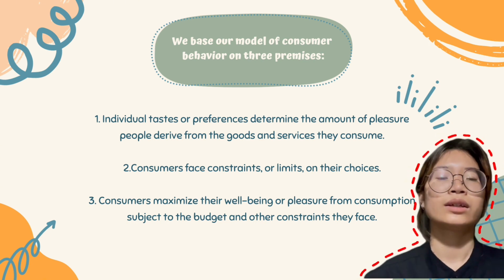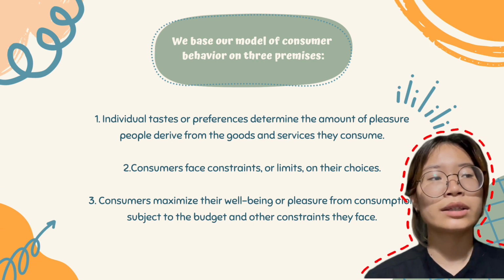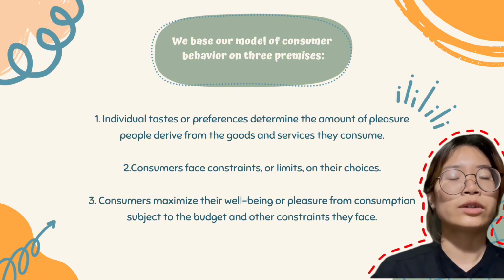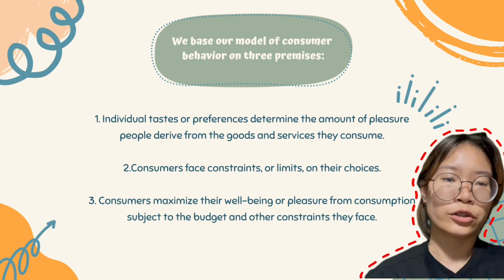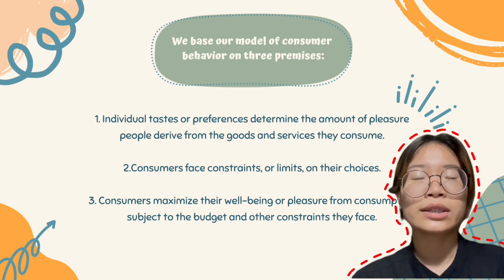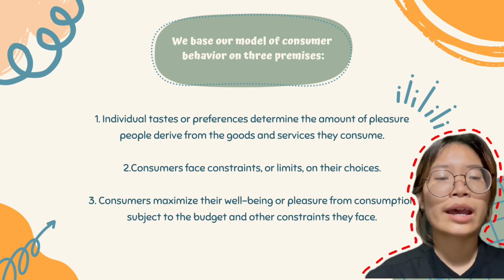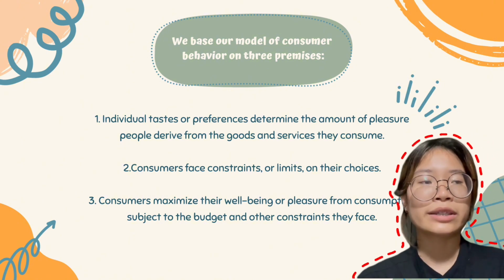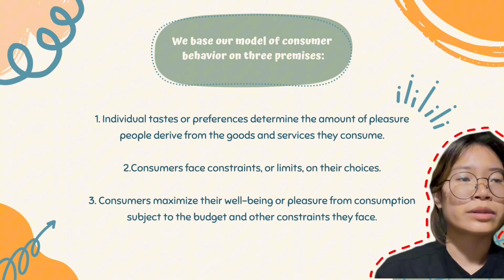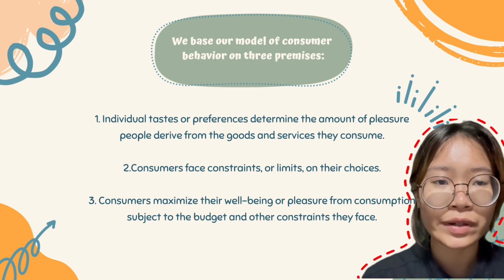premises. The first one, individual taste or preference determines the amount of pleasure people derive from the goods and services they consume. The second one, consumers face constraints or limits on their choices. And the last one, consumers maximize their well-being or pleasure from consumption subject to the budget and other constraints